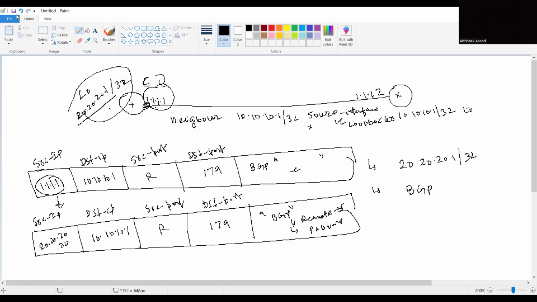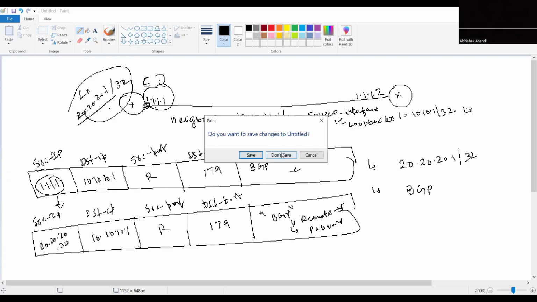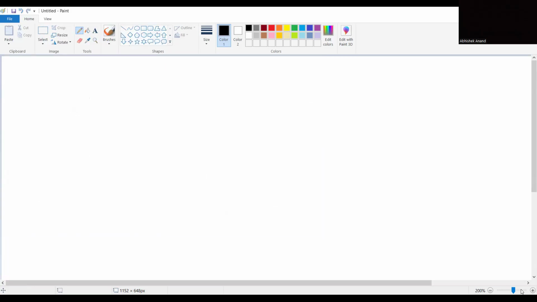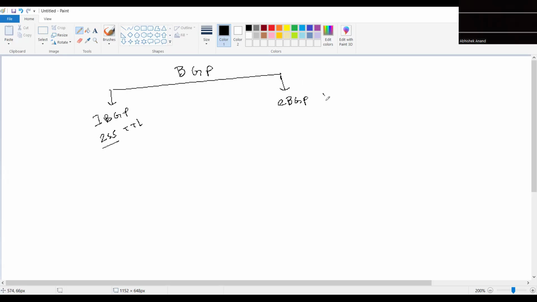Now, the second part is eBGP multi-hop. Why is this command required? So BGP has two flavors: one is iBGP and one is eBGP. iBGP default TTL is 255, and eBGP the default TTL is 1. Okay, again coming to this diagram, right? If I'm explaining this diagram,